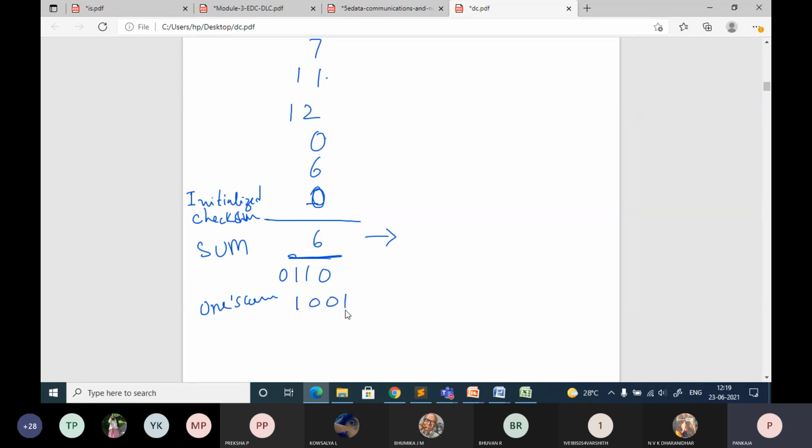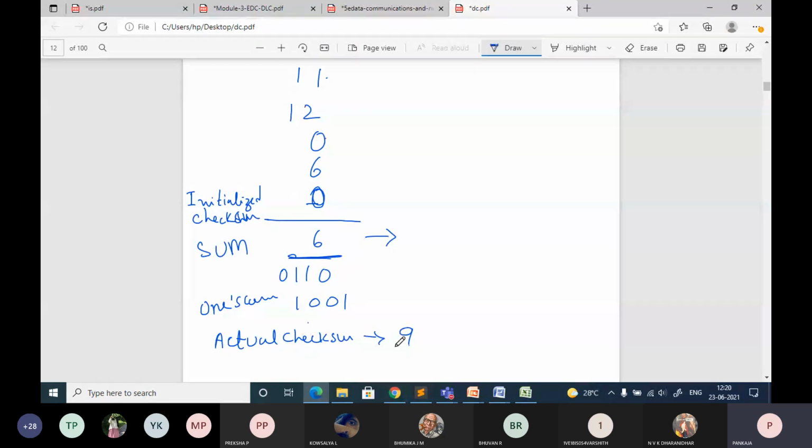1, 0, 0, 1. What is the answer in decimal? It's 9. The actual checksum is going to be 9. So whatever you have calculated, the checksum is 9.